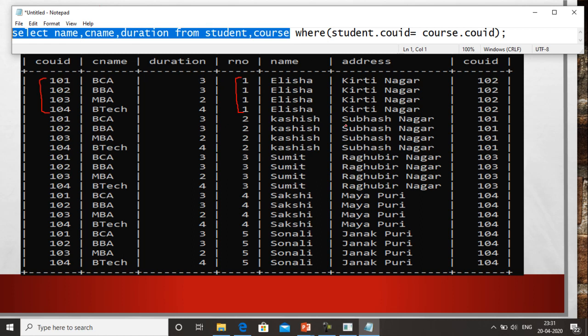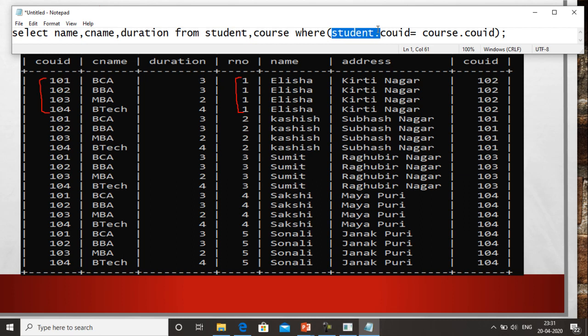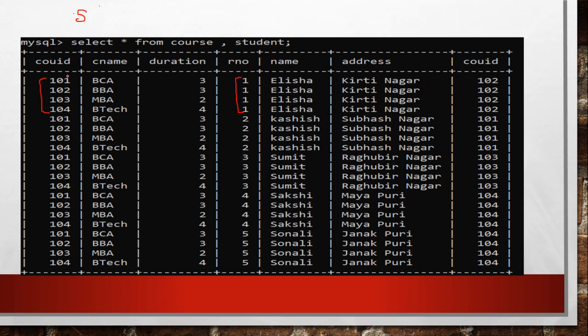Okay, so once this table is created by the Cartesian product, the system will check this equality condition in this table. Wherever the student course ID becomes equal to the course.course ID, only from that record will these three values be obtained. Now you can see that over here the course ID is 101, but over here the course ID is 102, so they are not equal.